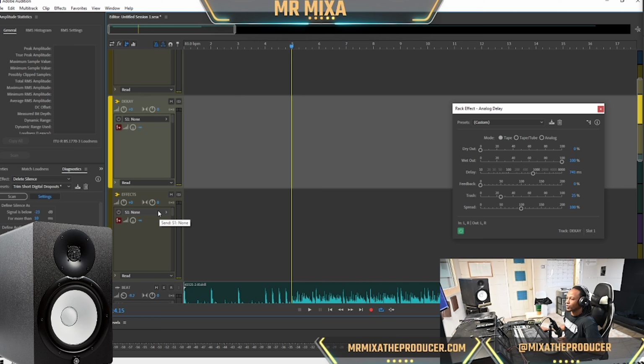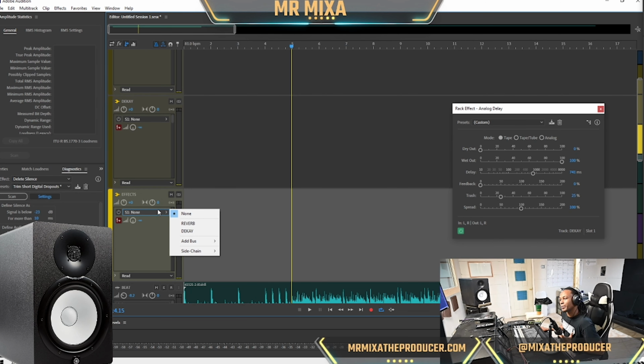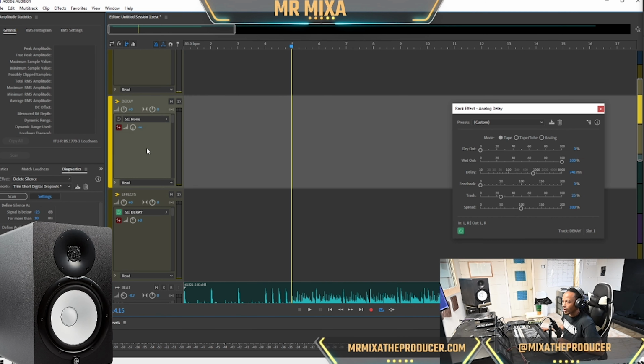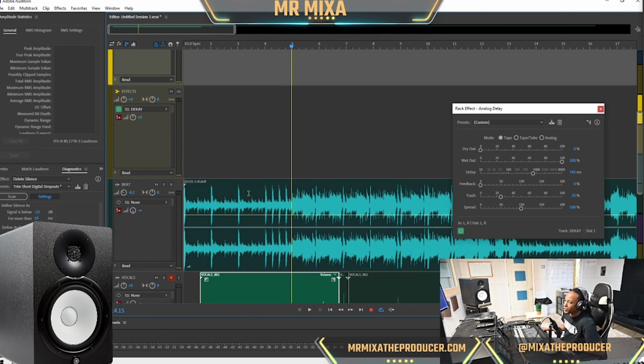Let's go to our effects, because typically I have a limiter on another track and I didn't do it on this one, so I'm just going to do it this way. Go to effects, go here, go to delay. Once you do that, you can turn delay all the way up, turn it to 0. Now what we're going to do is turn the delay down all the way on here. Now when we play it,